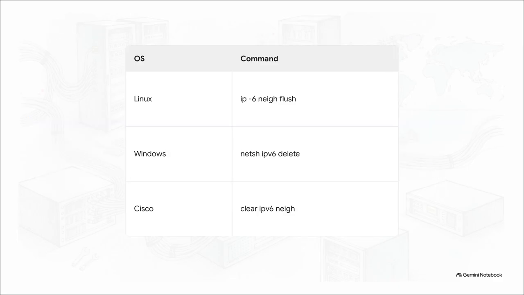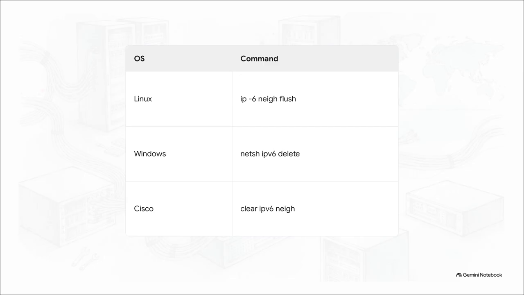And since ARP is completely gone, it's been replaced by the Neighbor Discovery Protocol, or NDP. So here's how you actually clear the neighbor cache across different operating systems when things start acting up. On Linux, you'll use ip -6 neigh flush dev eth0. On Windows, it's netsh interface ipv6 delete neighbors. And on Cisco hardware, clear ipv6 neighbors. Honestly, keep these commands handy on a sticky note at your desk because NDP is basically your new best friend